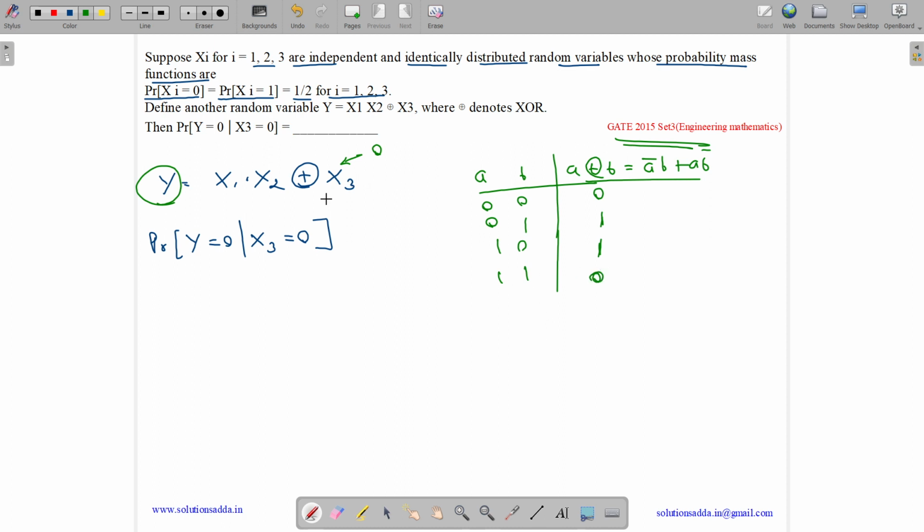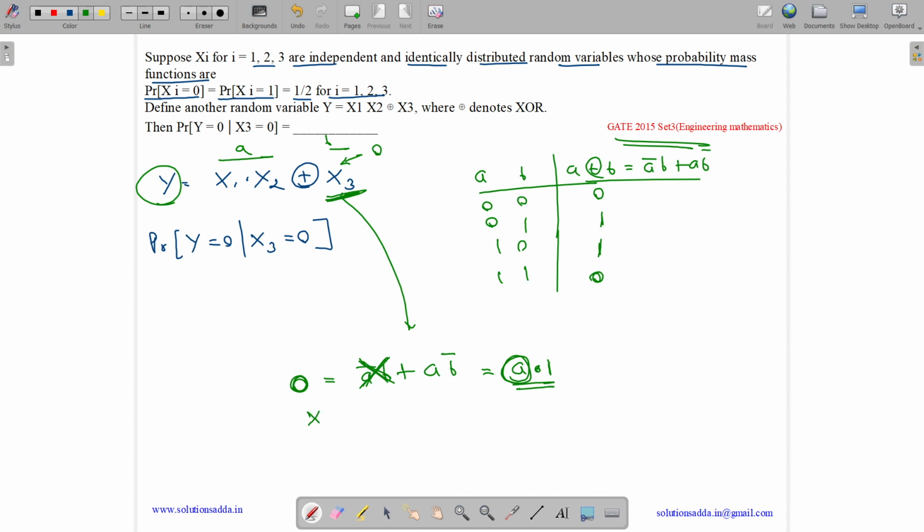Now it is given that the second item is 0. So for X3 to be 0, how can we expand it? See, if we assume it to be a and this to be b, then it is equal to a complement b plus a b complement, and we need to make the entire thing 0. Now as b is 0, this term will be 0 independent of the a value, and as b is 0, its complement is 1, so we will have a, which means our a value should be equal to 0.